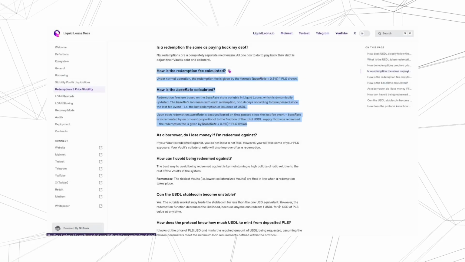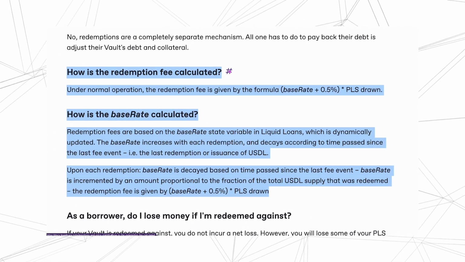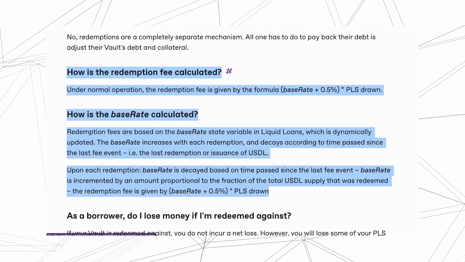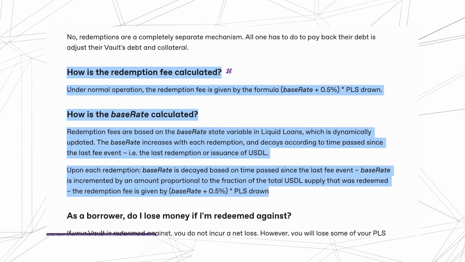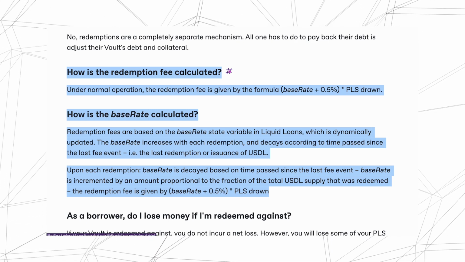Now, a couple of things to bear in mind. If there are too many redemptions, the redemption fees go up. That makes it a little bit harder for someone to arbitrage because they have to take that percentage into consideration when they're looking to redeem. There are some bots that will do some smart math to work this out, and we fully anticipate that this is happening. So people just need to be mindful of that.